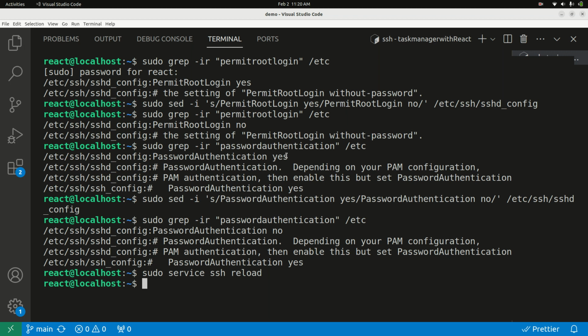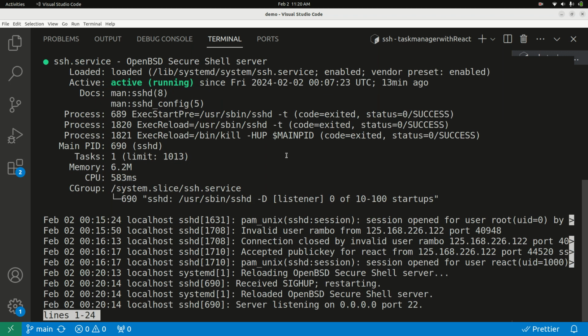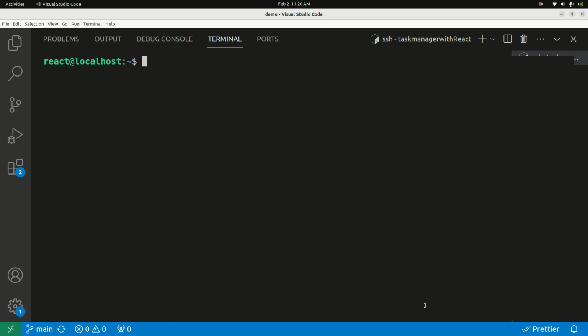So also let's confirm that actually there is no issue by checking the service status, because this is the most important, critical service. ssh status. As you can see, the service is running and it's enabled, which is good. Listening on port 22, fabulous. So let's clear this screen. Now I can safely exit from here,